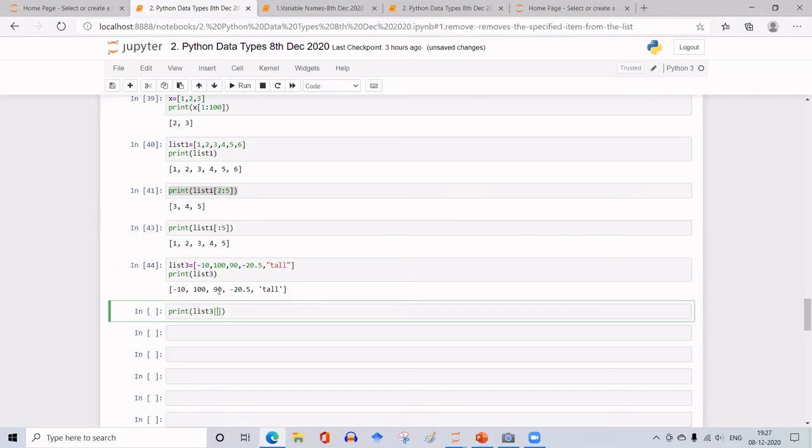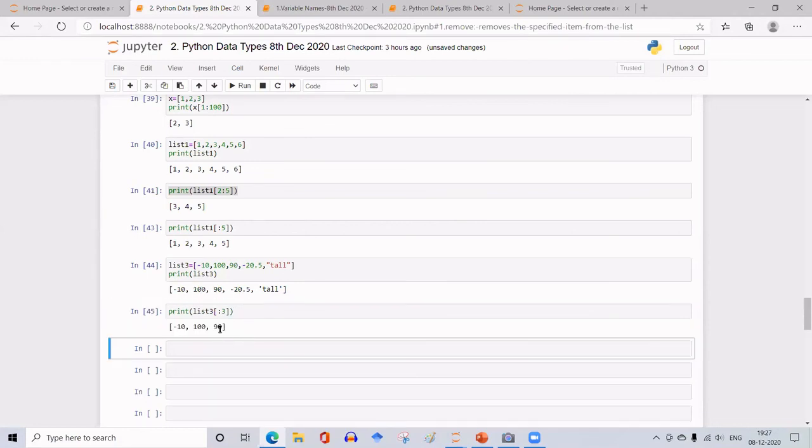You want to include from the beginning to some value, 0, 1, 2. That is colon 3. What result do we have to expect? First 3 numbers, is it not? -10, 100, and 90. I have not specified the starting point here.